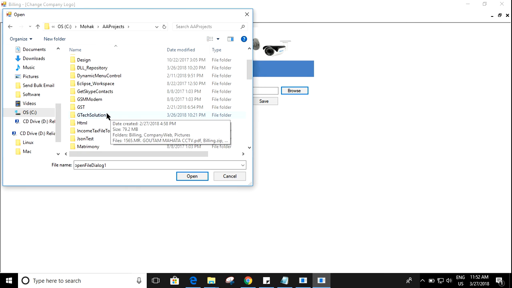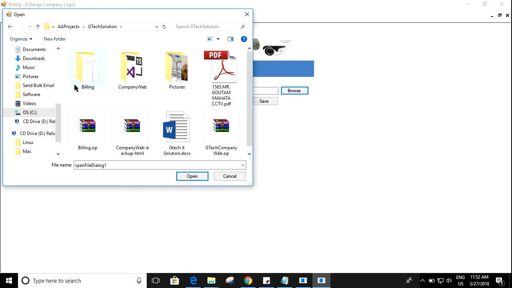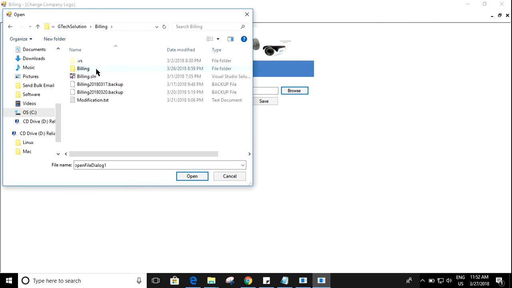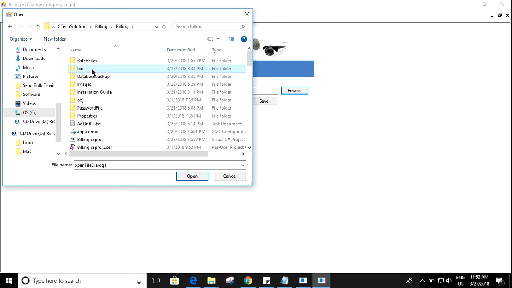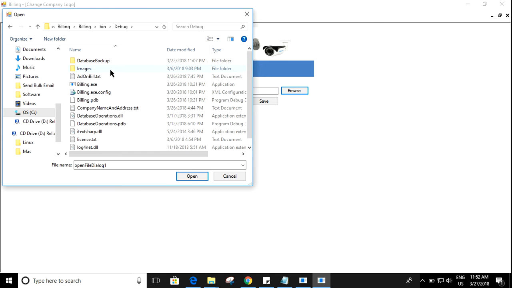Projects and go to GTech Solution, billing images. No, it's not present here. Main debug images.